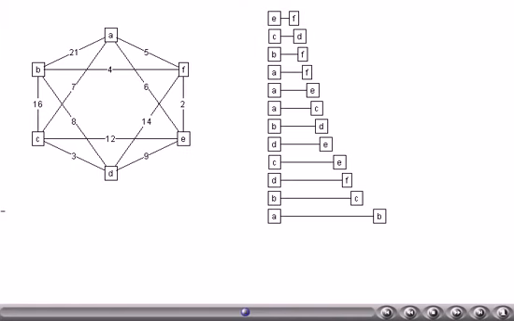Now, consider another graph as shown in the slide. The edges of the graph are shown on the right hand side in ascending order. The edge EF is selected. Its inclusion is not going to give any cycle in the graph, that is the minimum spanning tree, thus it is retained. Now, the next smallest edge CD is selected. Its inclusion also is not going to give any cycle, thus it will also be retained into the minimum spanning tree.